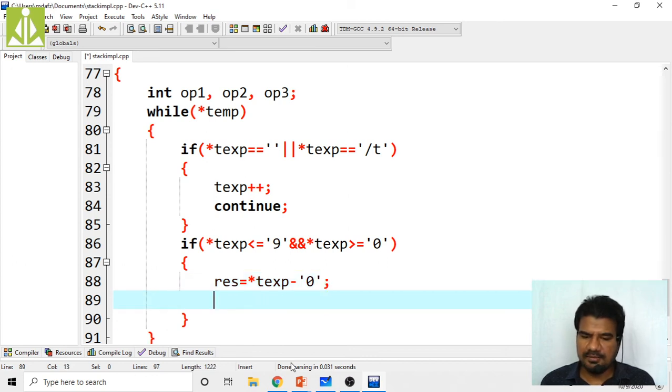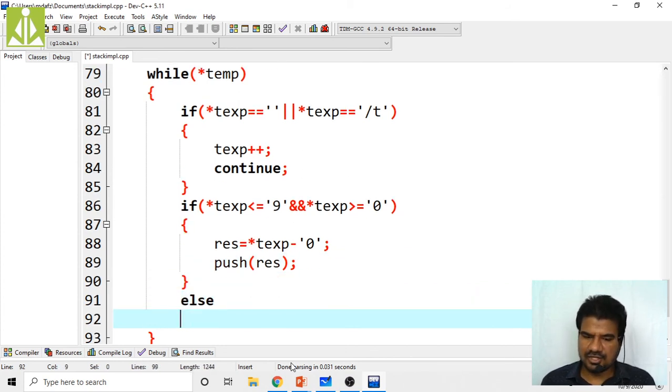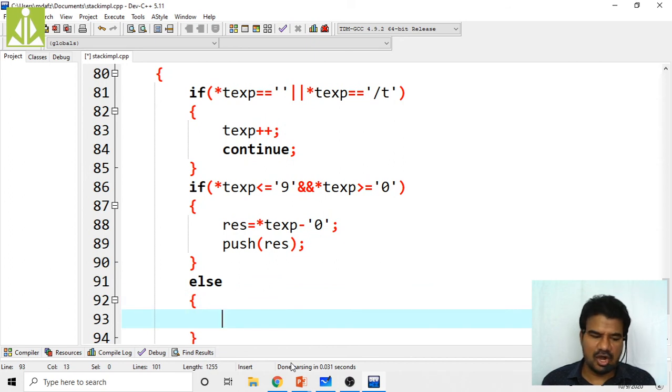Then it will become an integer equivalent. Simply push it onto the stack. Push, not star TEXP, because that is again a character, so push RES, the result, onto the stack. Else, if it is not an operand, then it will be an operator. If it is an operator, we have to pop two operands.